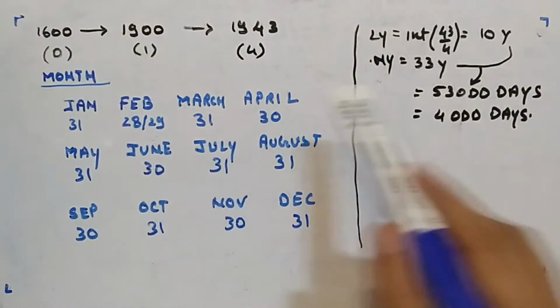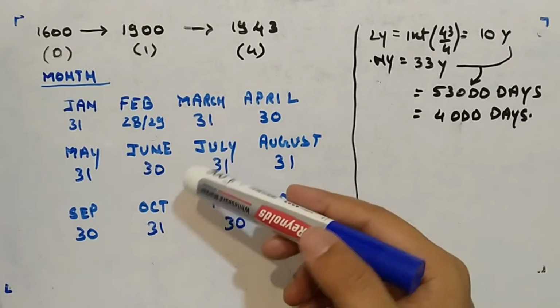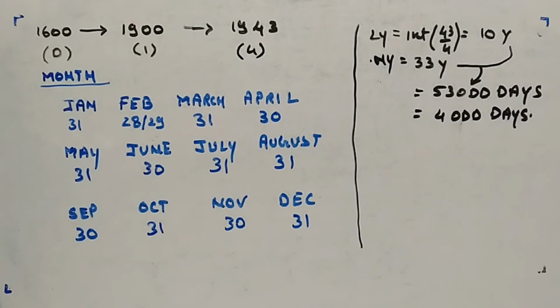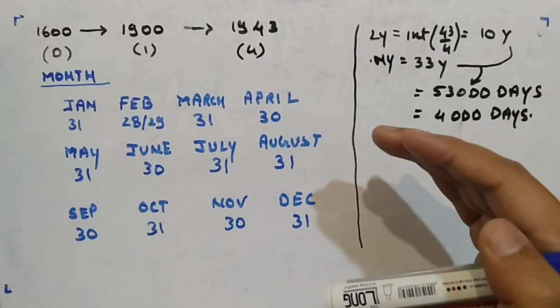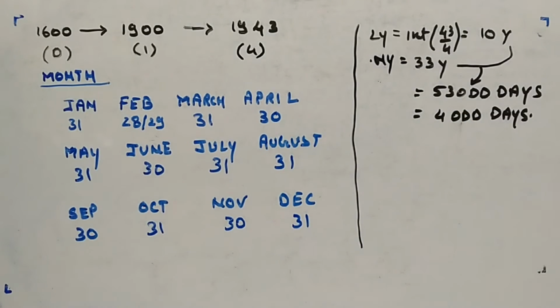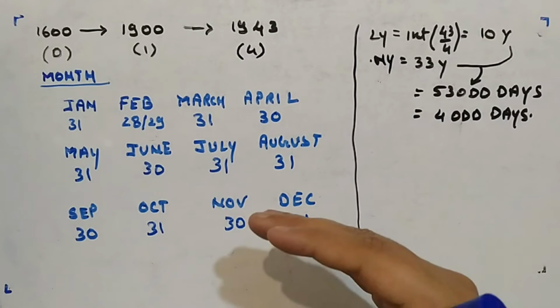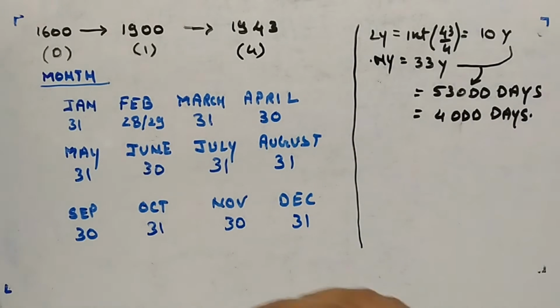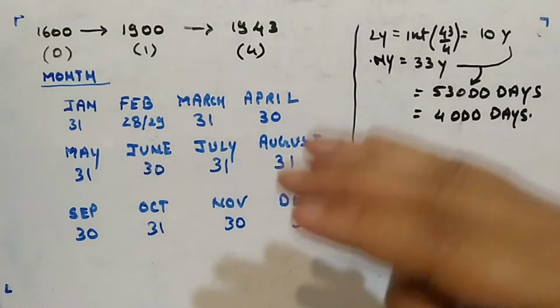So this is what we have done till now. Now comes the month concept: how you figure out the number of odd days depending upon the month given to you. You have to come step by step. First you target the year, then you target the month, then you target the day. That way it will be a clean procedure. If you randomly calculate for month and day, it will not give a feel.